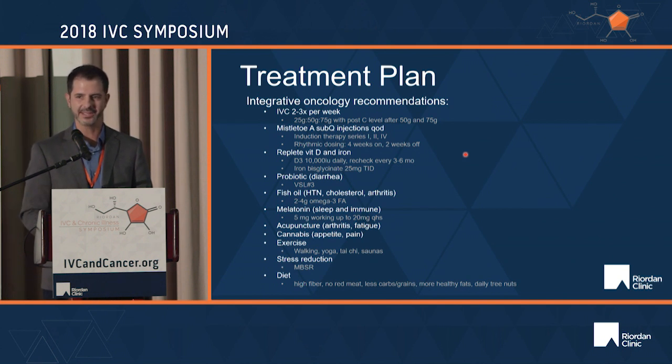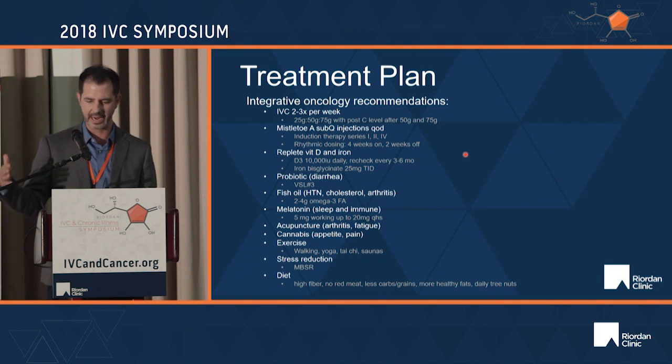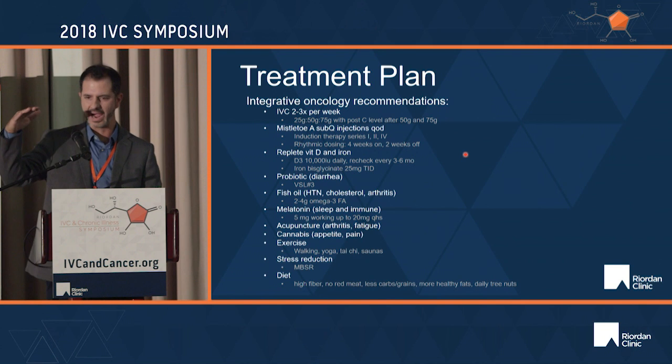Again, cancer patients usually come in and some of them want you to just throw the kitchen sink at them, right? Just give me everything under the sun, or they're already maybe taking everything under the sun. And so you do have to get strategic and say, look, there's only so much you can do. There's only so much the body can absorb. We can't have you taking 200 supplements a day. And so some of my work with patients initially, especially cancer patients, is kind of figuring out a game plan where these are the things we're going to focus on. I'd rather you be doing these 5 or 10 things 100% than doing 100 things